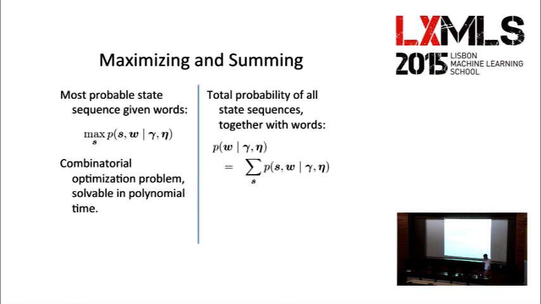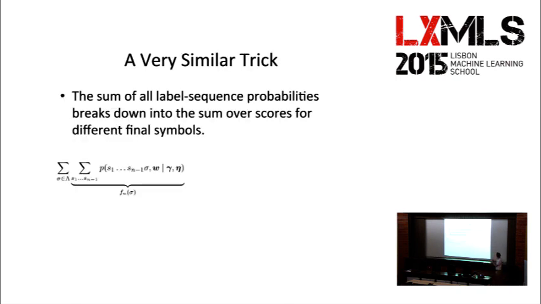OK, so here's the basic idea. We want the sum of all the possible label sequences, their probabilities, and that sum breaks down into the sum over scores for different final symbols. Just like in the Viterbi algorithm, where we had a max over that one final symbol, and that was our starting point for developing the recurrence, we can do that here too. So if I write it out, there's a sum over the last symbol, call it sigma, and inside that is a sum over all the sequences from 1 through n minus 1. If we give this intermediate quantity a name, call it f sub n of sigma, f for forward, because what we're deriving is called the forward algorithm, then this is going to start to look a lot like the recurrence